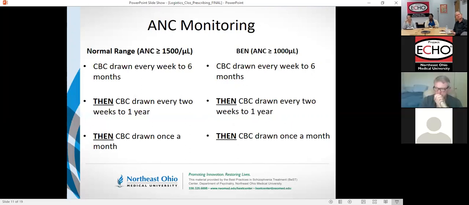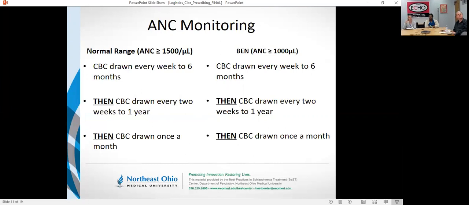Now, as long as patients remain in their normal ranges, then between 6 and 12 months, they can extend that to having their blood work drawn every 2 weeks. After that first year of therapy, if their levels have been normal, then it can be drawn just once a